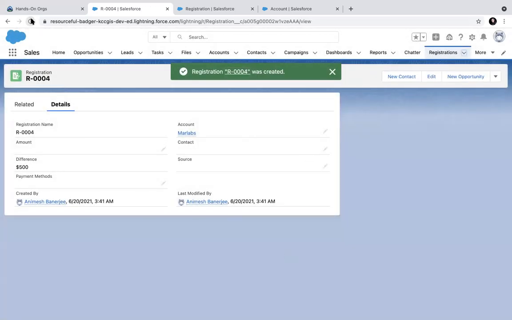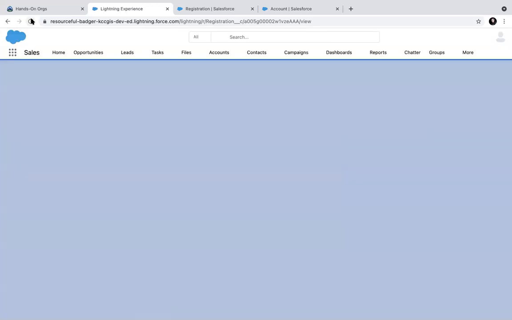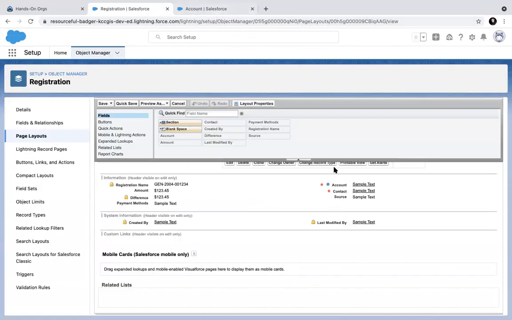No, it's still not working. Hold on. Anyway, so you can make any field read only from here also. Sorry, required from here also.